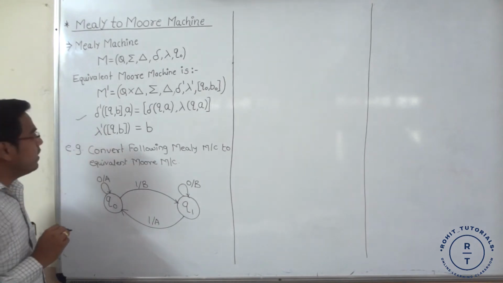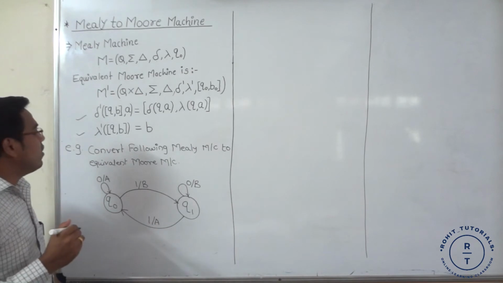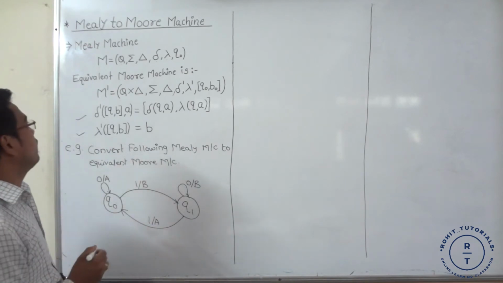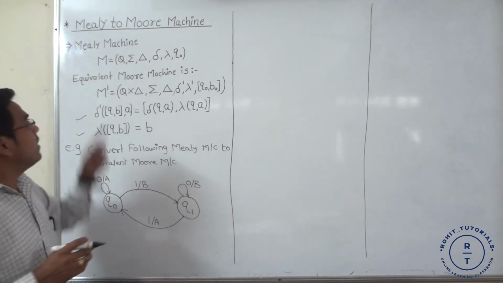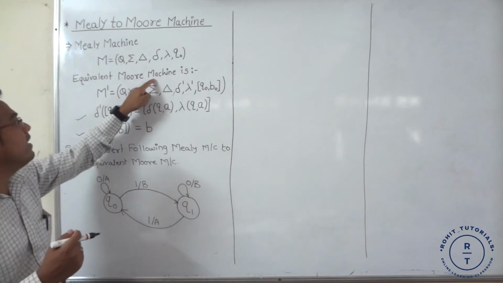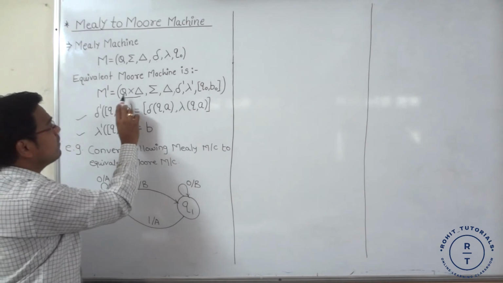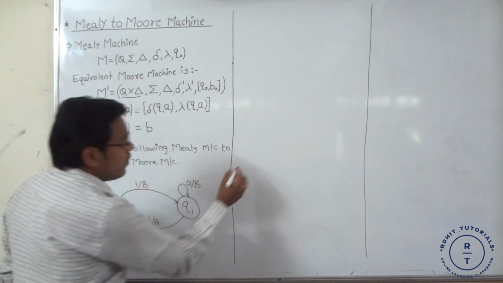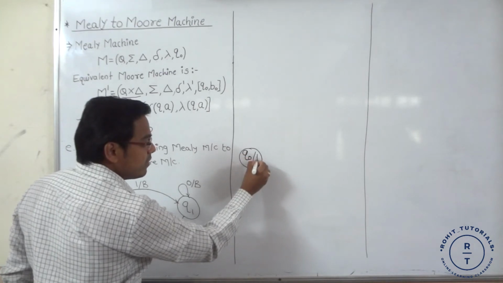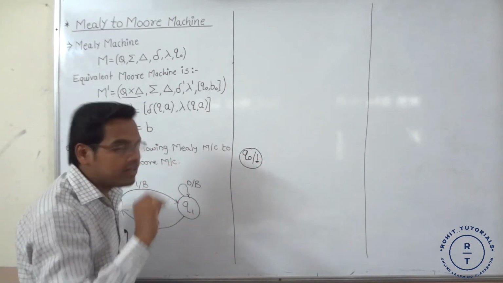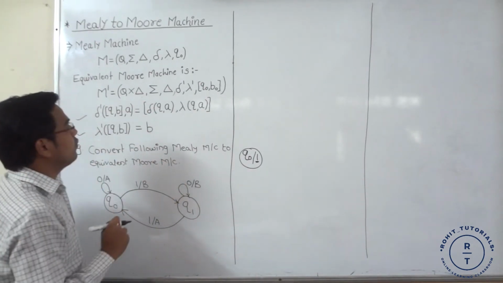First, for calculating the new transition function, and second, for calculating the new machine function or output function. During the conversion of Mealy machine to Moore machine, the equivalent Moore machine that we get consists of states with an output symbol. For example, in a Moore machine, a state comes with a slash and a symbol, and that symbol is called the output. So the state always comes with the output symbol.